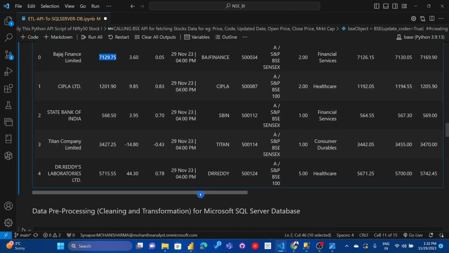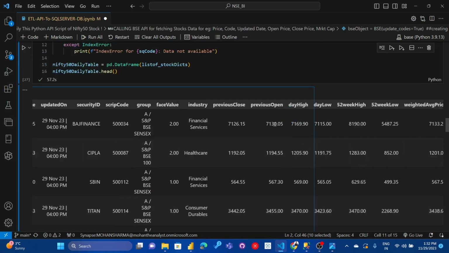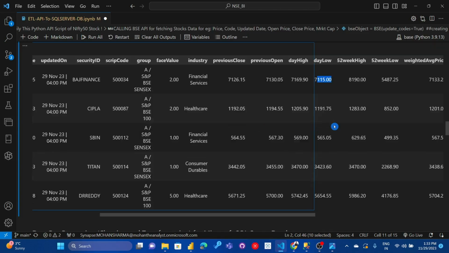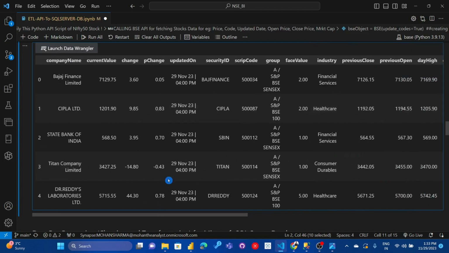It was open on, let me show you. So let's not talk about previously open, let's talk about previously closed. It closed around 7,126. It made a day high of 7,169. It made a day low of 7,150. So these are different parameters, and I'm not sure if you really require this for any analytics, but I'm going